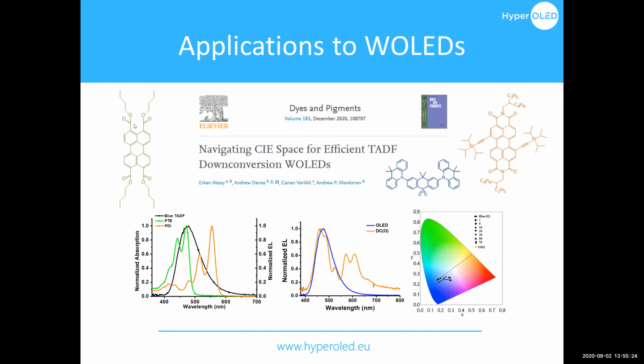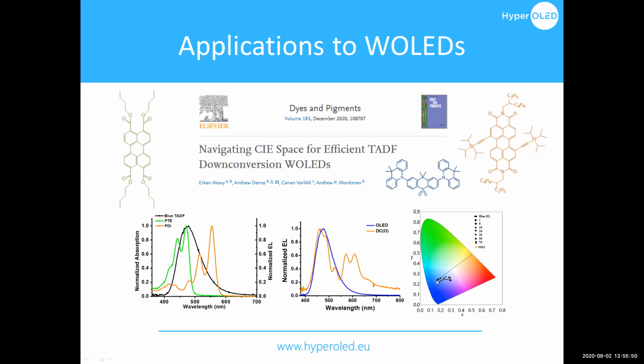And he brought with him some perylene dyes that he'd synthesized, but didn't really have a plan for what to do with them. One green one on the left side and an orange one on the right side. But what he and I quickly noticed was that if you looked at the color coordinate of this blue TADF emitter, which is very, very well studied in our group, and the color coordinate of the photoluminescence of this orange perylene